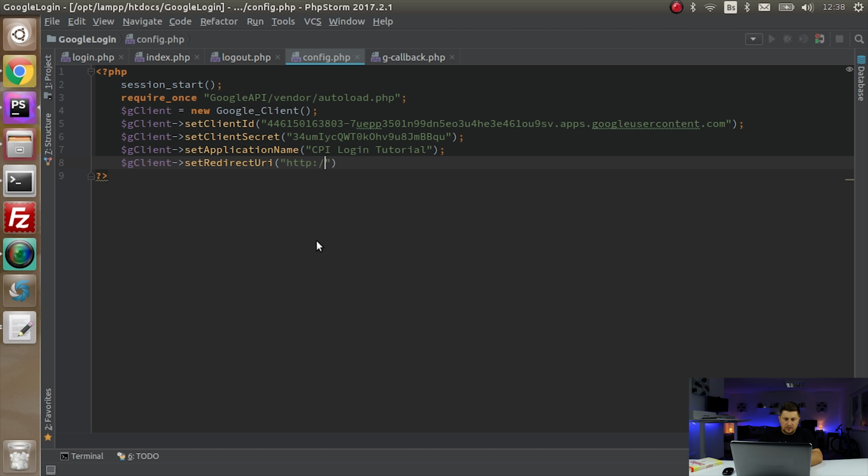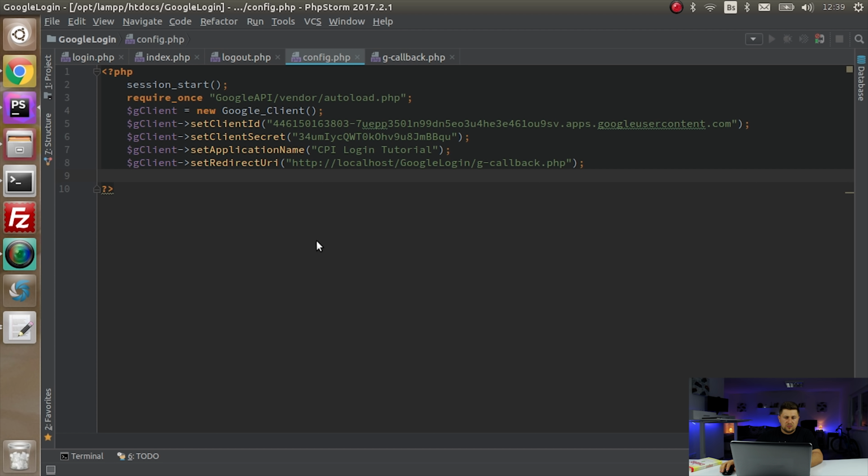So my redirect once again is localhost Google login and callback.php. And the last thing to set up this Google client is to add the scopes, which means the permissions